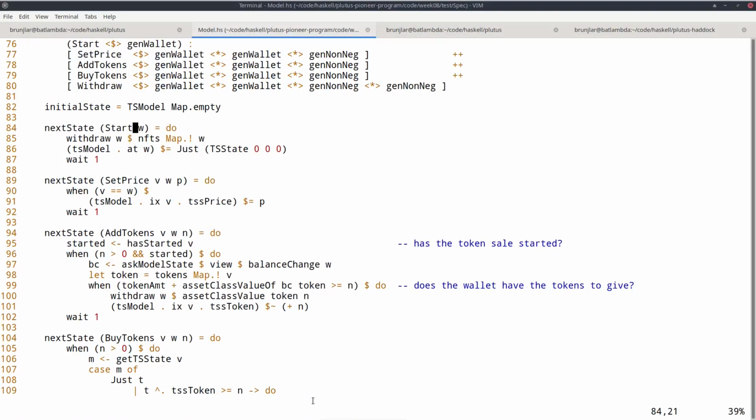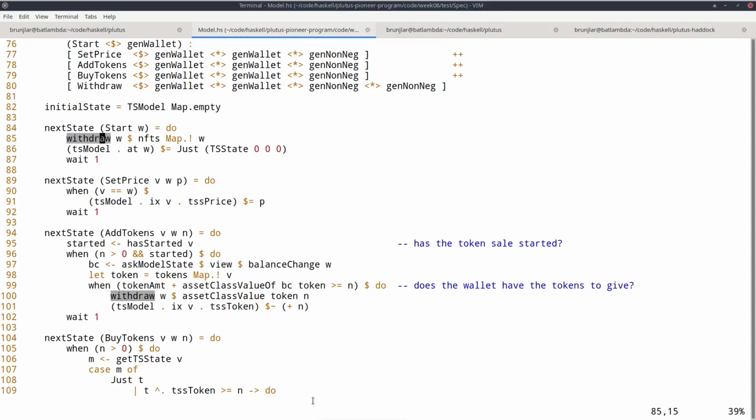So let's look at an example. The start W case should now tell us what is the effect on our model if we encounter the start W action, so if wallet W starts a token sale. Here we see a function from the Spec monad, withdraw. The way funds are handled in the Spec monad is very simple.